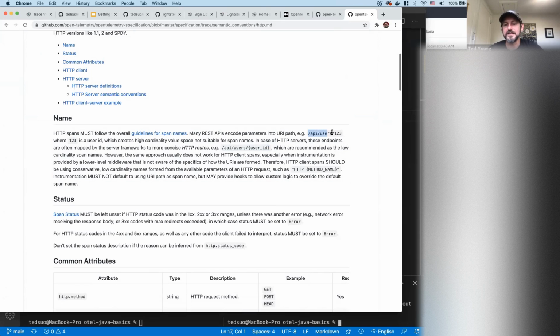So something like API users 123, a path such as that, the cardinality of that is too high, because you want to be bundling up all requests to this particular endpoint, not splitting it out by individual variables.